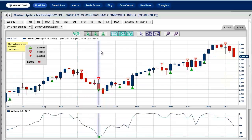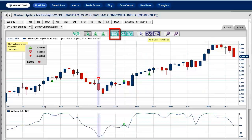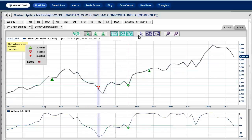This is the NASDAQ. Again, we're looking at weekly candlestick charts, and I'm going to just leave the monthly. The monthly kicked in right around where everything else kicked in. And I'm going to put in a tool that I think could be very interesting. I think the other thing to look at here is if we just do this on a close-only basis, which you can do very easily on MarketClub, boom, there, we can draw a very simple trend line